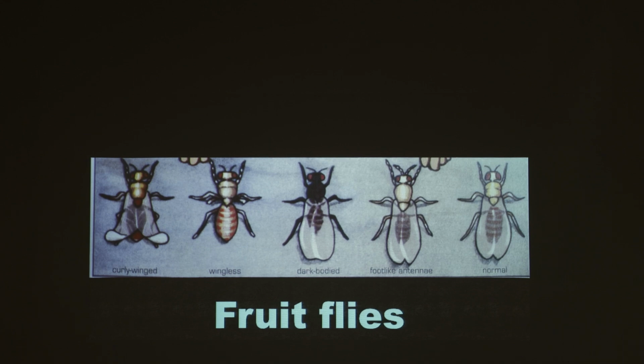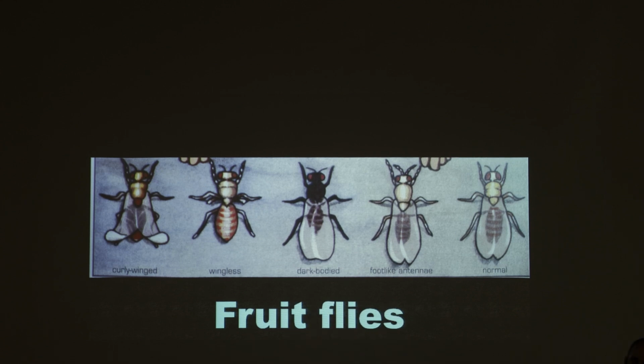And so fruit flies can regenerate very rapidly. They have a short lifespan and they can reproduce very rapidly. So scientists had generations and generations of fruit flies that they bombarded with radiation to produce mutations. And this is some of the things that they produce. So here's the normal fruit fly on the right. Sometimes they would be born with legs instead of antennae. They'd have dark bodies. They've had no wings. They've had curled wings.